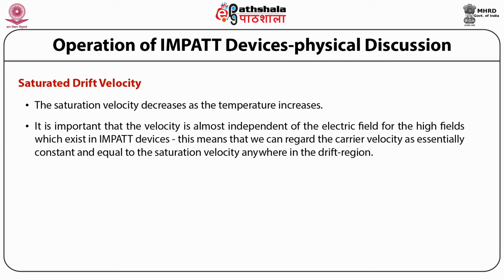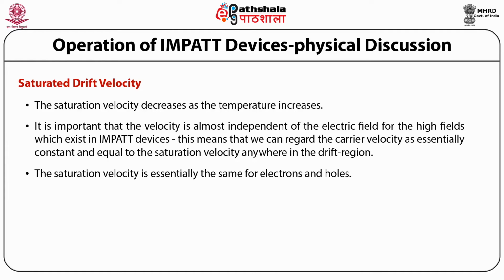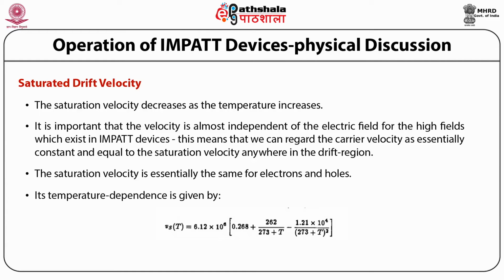This means that we can regard the carrier velocity as essentially constant and equal to the saturation velocity anywhere in the drift region. The saturation velocity of electrons and holes in gallium arsenide is somewhat lower. So the saturation velocity is essentially the same for electrons and holes, and its temperature dependence is given by Vst equal to